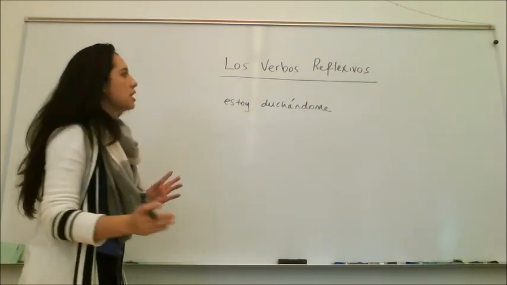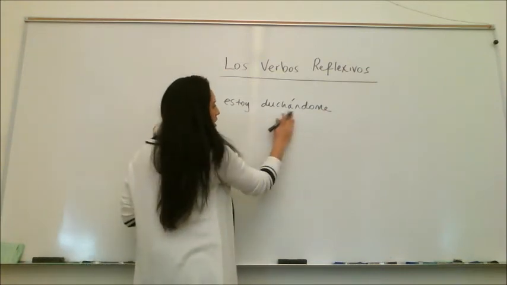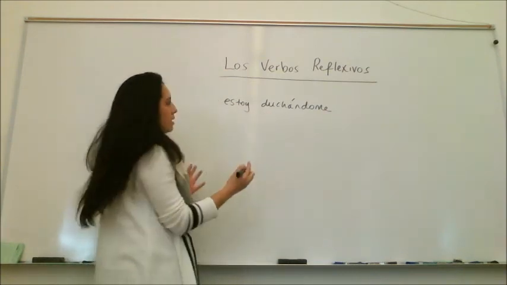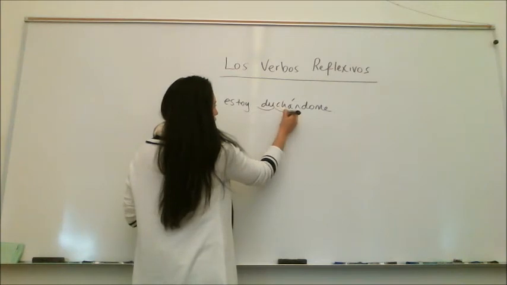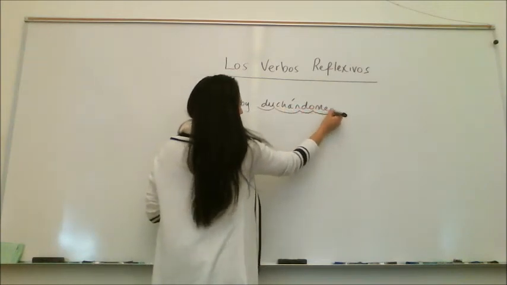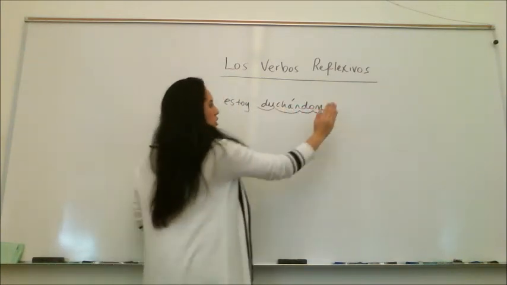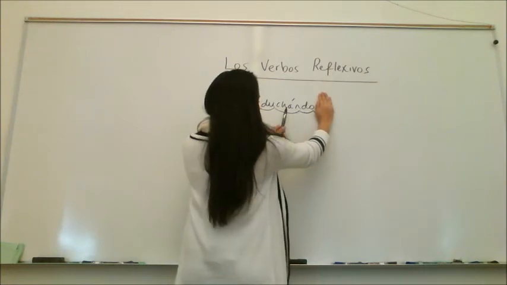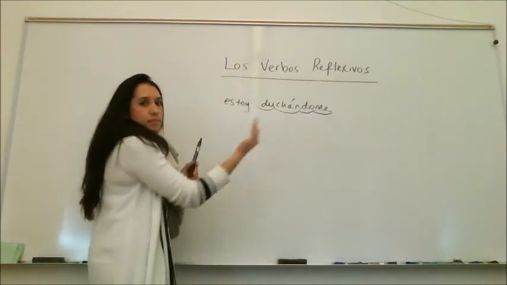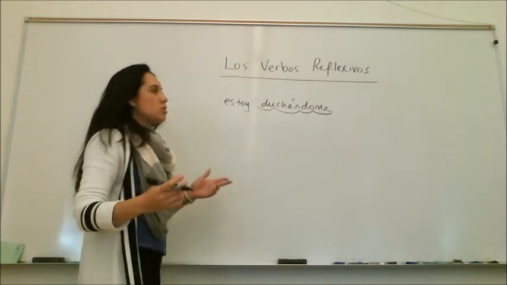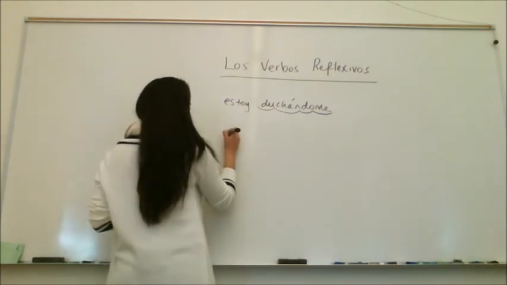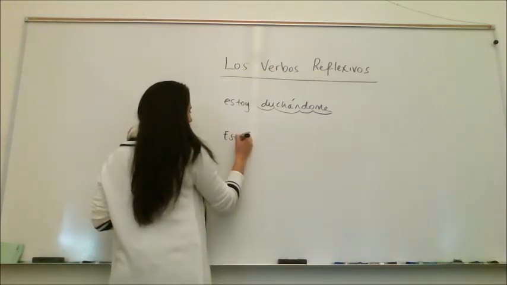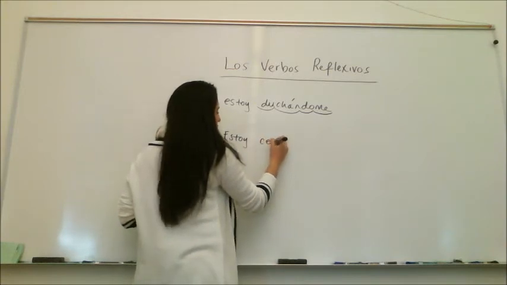Duchándome. All right? And most of the time when you want to look at it, you want to separate the syllables. Du, chan, do, me. All right? You cover when you add it and you go back those syllables, and in the second syllable from the back is where you add the acento. Por ejemplo, estoy